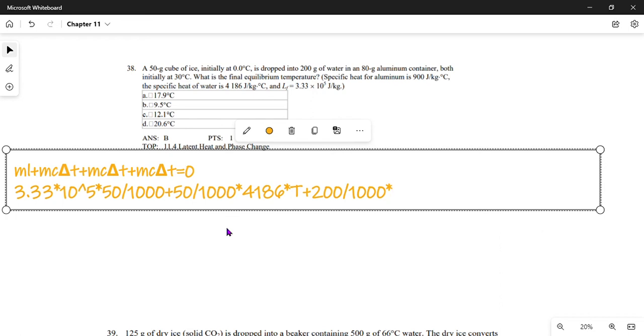Actually, the specific heat capacity of the ice equals that of the water, because they are all water, 4186, times the change in temperature, which is T final for the whole system minus the initial temperature of the water, which is 30,